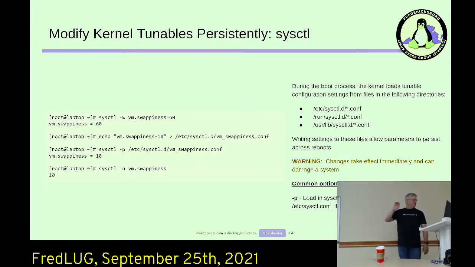So you can do the equals 60. You can echo vm.swappiness=10 into /etc/sysctl.d/vm-swappiness.conf. You always want to use this type of format. It's preferred where you use the sysctl.d directory, and then you name your files so that you know what you're changing when you get a system up. So sysctl.d vmswappiness.conf, or you could say icmp-ignore-all.conf, right? And then you know where the different settings are for the different